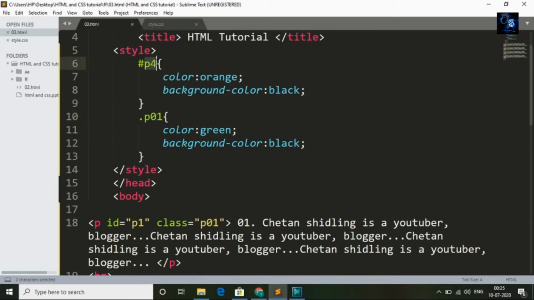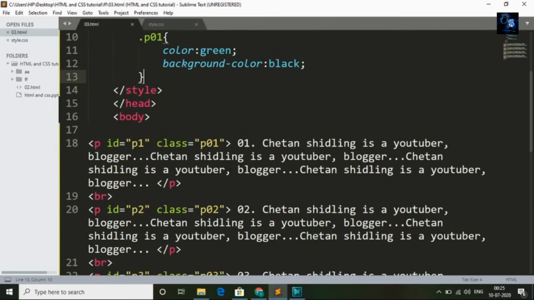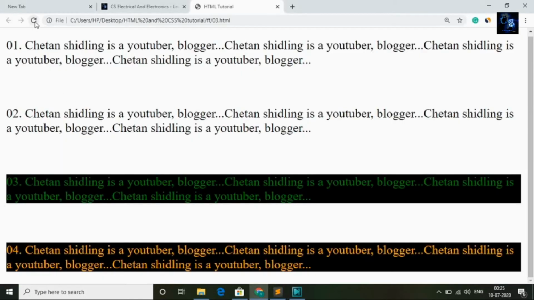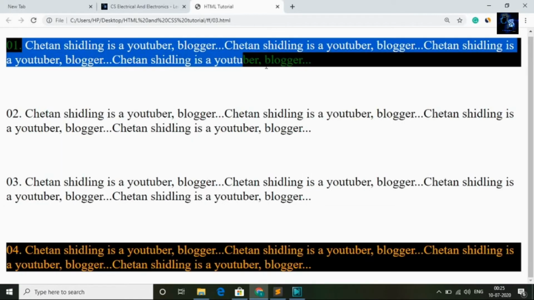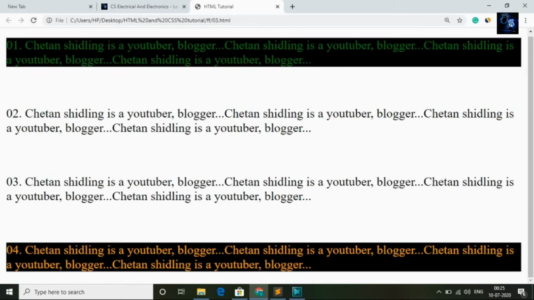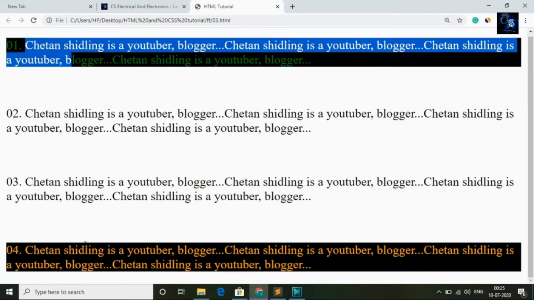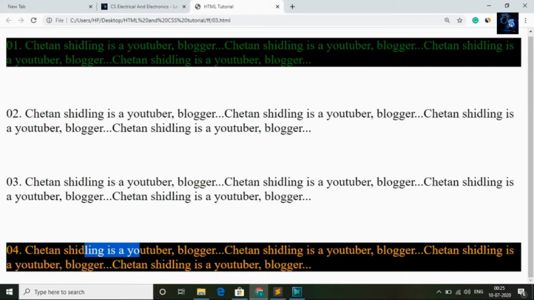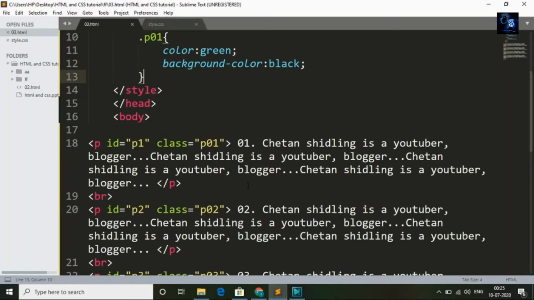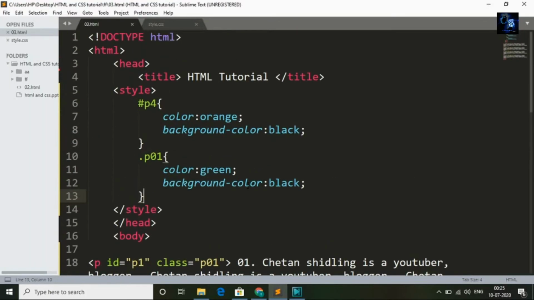Here paragraph 4, I applied CSS for paragraph 4 using ID, and now I am applying CSS to paragraph 1 by using class. Now I will go to browser and I will refresh. Here you can see by using class I applied CSS to paragraph 1, and by using ID I applied CSS to paragraph 4.